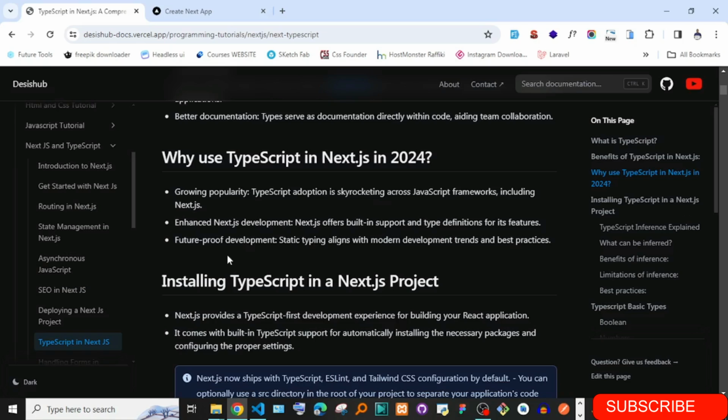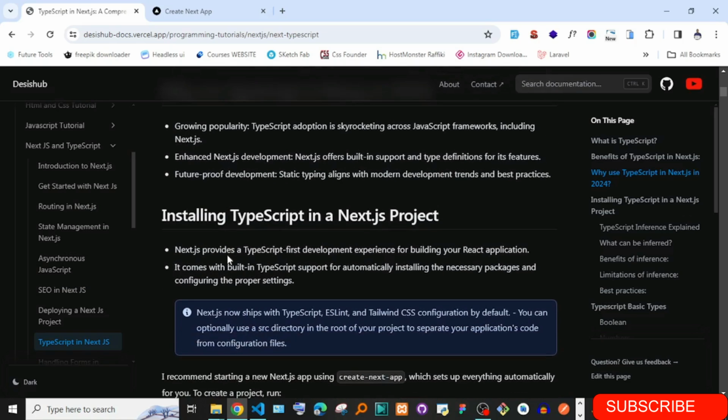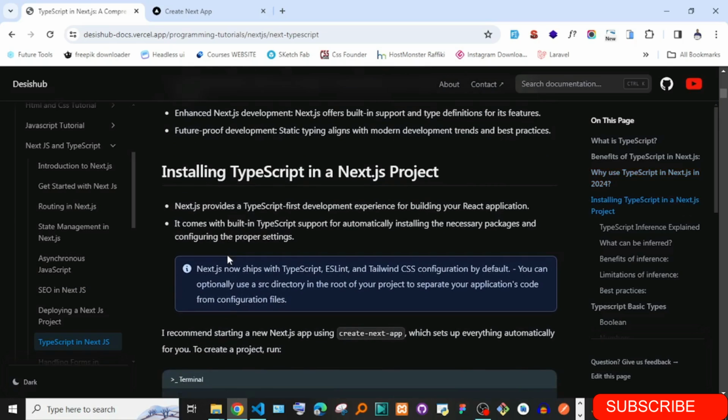So at least learning it as early as possible is another advantage. So the first big thing you're going to look at is how to install TypeScript in a Next.js project. If you go to the Next.js documentation, they provide a fast TypeScript development experience, at least from the last keynote, and even when they brought Next 13, the first thing they worked on is making Next.js TypeScript development fast. At least they are thinking of the 21st century web developer.